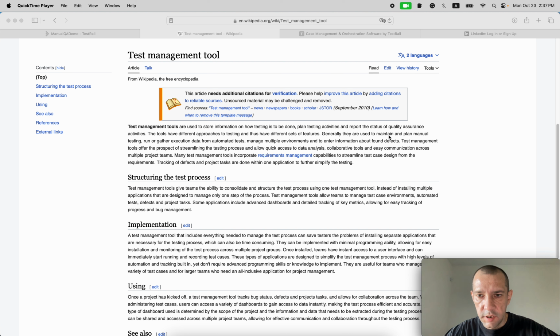Generally they're used to maintain and plan manual testing, and run or gather execution data. Test management tools streamline the testing process and track defects and tasks. So basically all of those test management systems are used to store your test cases. You're supposed to write your test cases in those systems,